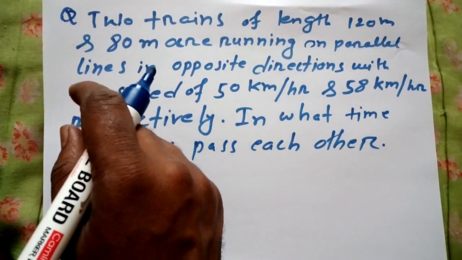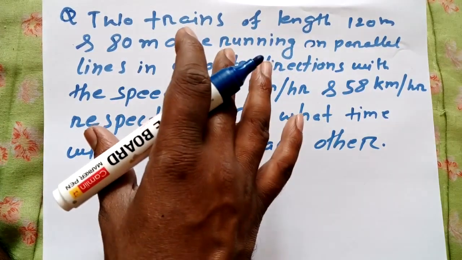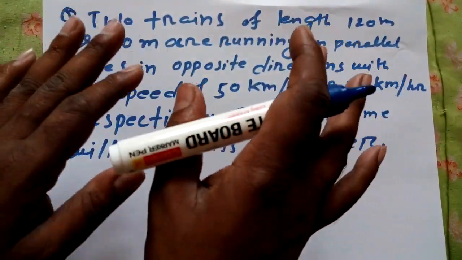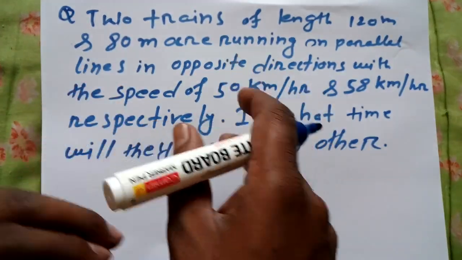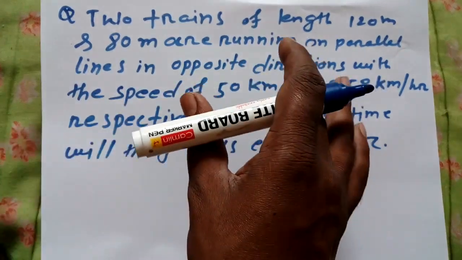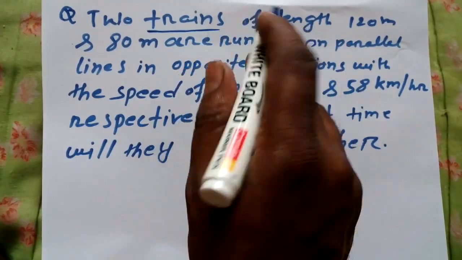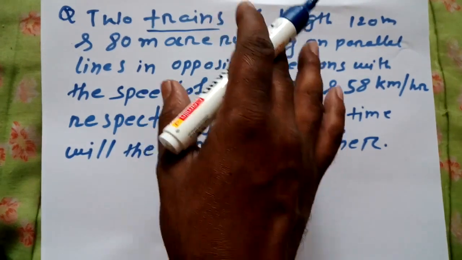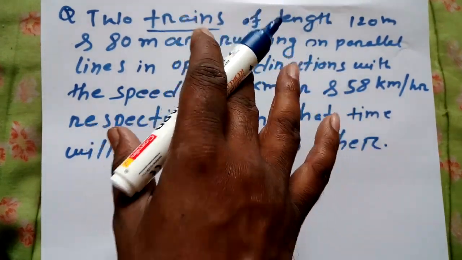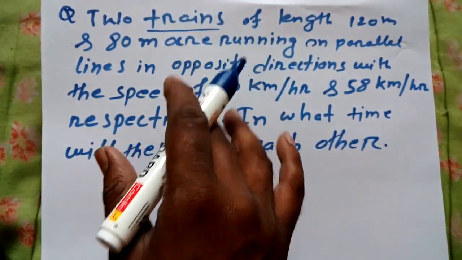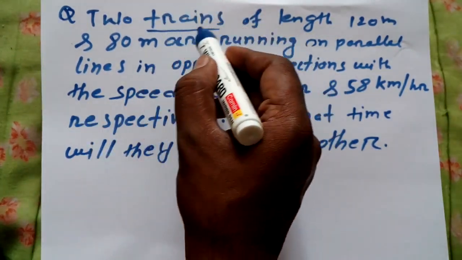Hello, as I have shared with you, in the previous video, if you did not watch it, just go to that video and watch it. It covers the number one trick for solving time, speed, and distance problems. That way you will not miss the concept for solving almost any problem involving trains.